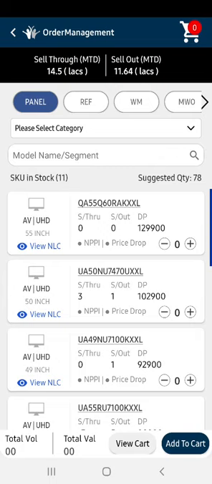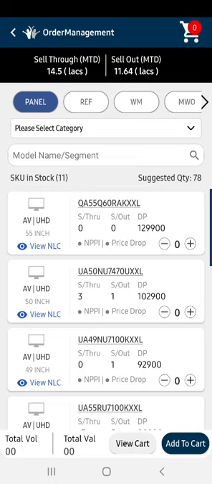Before that, let's talk about two things: one is NPPI and another is price drop. What is NPPI? If the model is launched in the last 2 weeks, then NPPI would be highlighted. And if a price drop is done in the last 2 weeks, then this price drop would be highlighted.